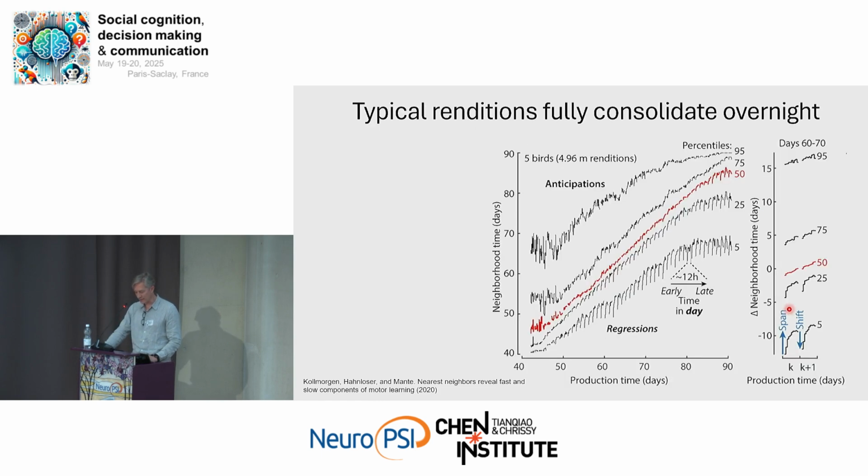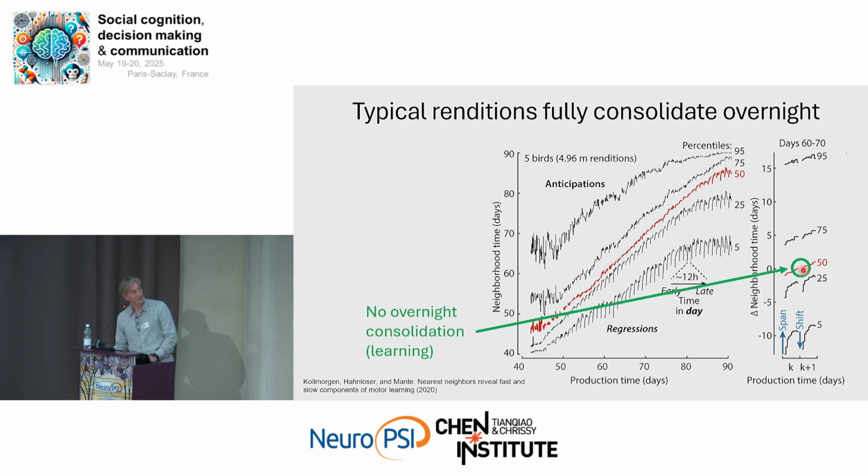And now you can do this analysis over all syllables, over all birds, and you get this curve over here. Pay attention to the red curve. Here is the age at which the bird produced the syllable, and here is the neighborhood time: what is the time of the nearest neighbors? The red curve is the typical syllables, and obviously they are at the same time as they are produced, the neighborhood time. But when you look very carefully, averaged over all days between 60 and 70, you can see that in the evening and in the next morning, it's on the same level. It's not like the next morning the birds are better or more mature or less mature. They are really at the same point in time.